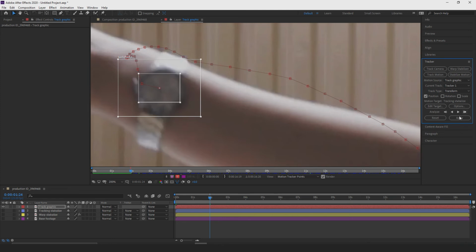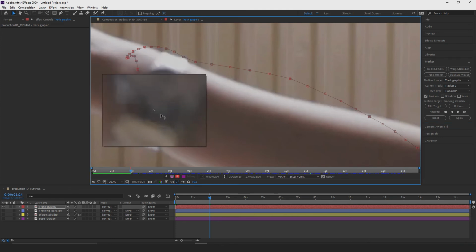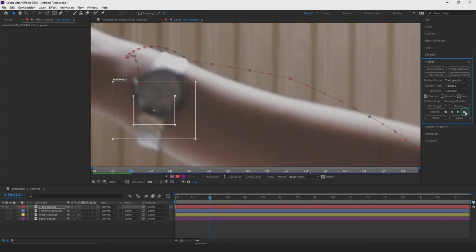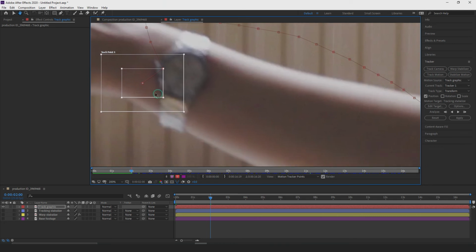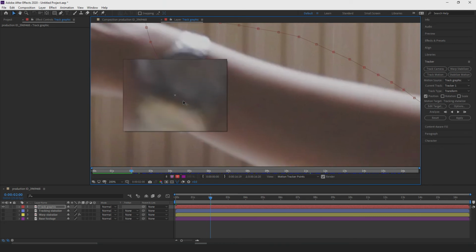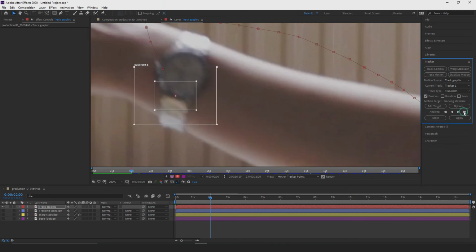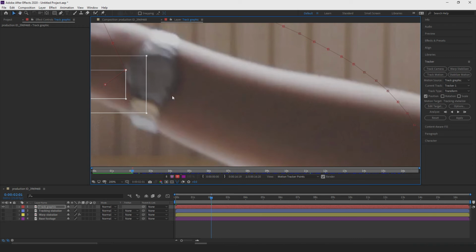So again, just making sure it sticks to, see over there, move more to the top of the watch face. I want to go more to the bottom. And now we're completely off track. So if this ever happens, you can always just select it, move it to where you want it to be. Again, off track again, because notice the quality